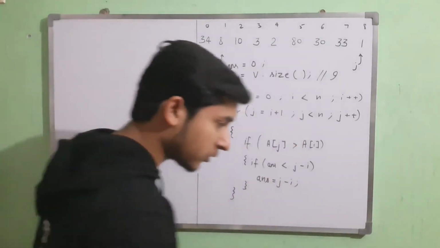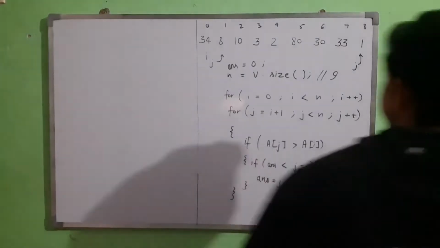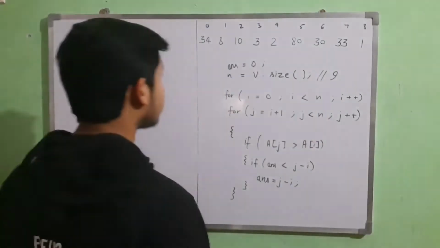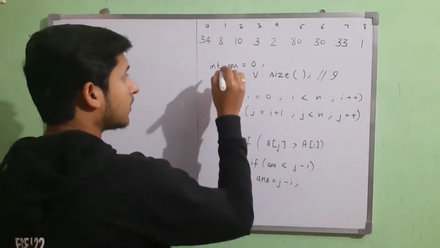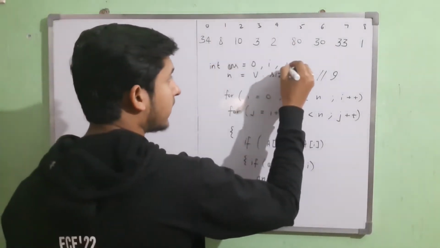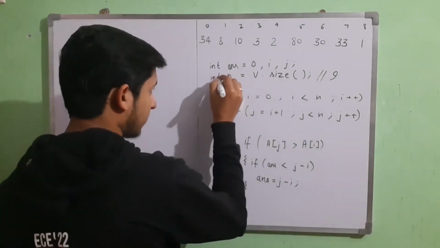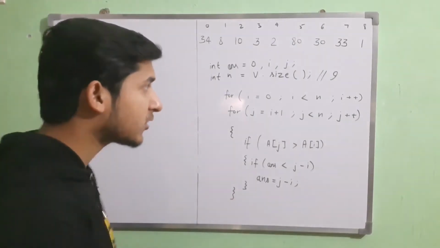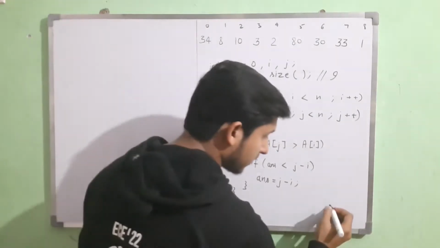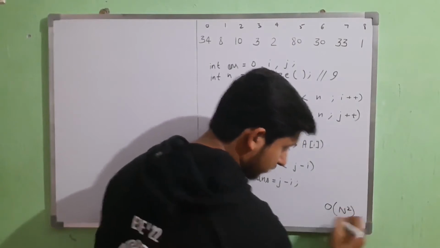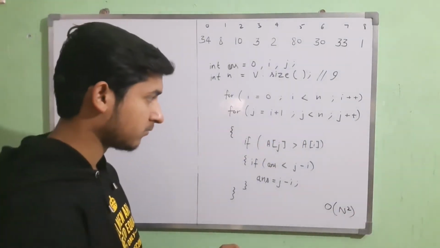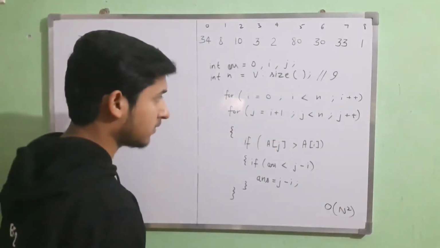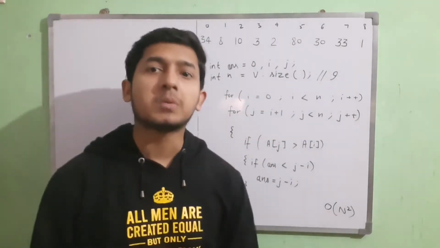Because it's getting a hodgepodge, so let's rub some of it. You get the idea. Okay, integer this, and this, and this. Alright, this was a simple approach, but its complexity is order n square, and that is the worst part of it. It is a simple solution but with very high time complexity. So let's optimize the solution.